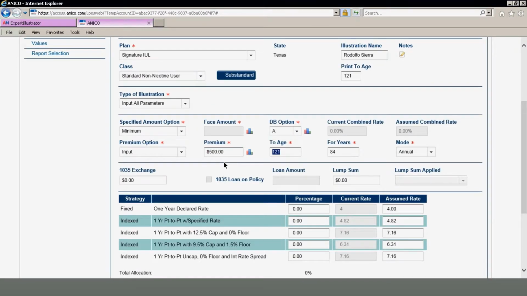Next option is trying to figure out until what age they are going to pay this product. So we can either pick the age or we can pick for how long. Right now it's defaulted to pay till you're 121 years old, and that's not reality. Let's just say, again, on average, most people retire at age 65, so we're going to pay to age 65. So we're going to pay $500 a month